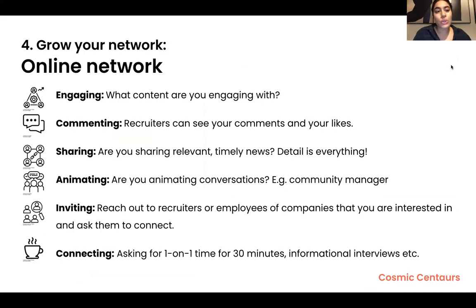There are a few things to do to also nurture your network online. I think they're really important to mention. The first is, what's the content you're engaging with? What are you commenting on? Because people can see that. Are you leaving a really thought-provoking comment on an article? Fantastic. Keep doing that. What are you liking? What are you commenting? Algorithms on social media platforms see that and they boost it.